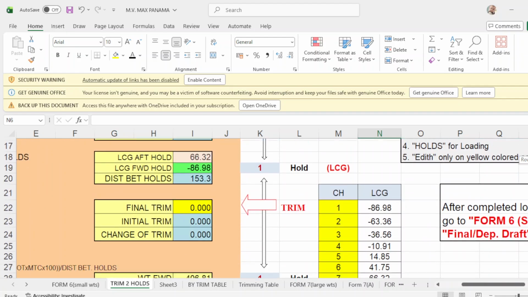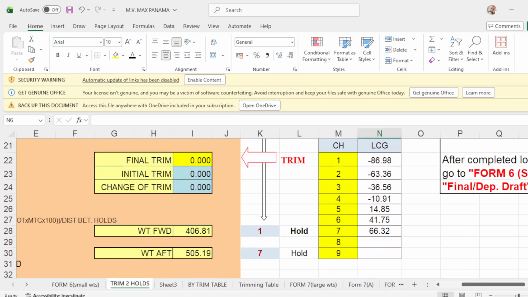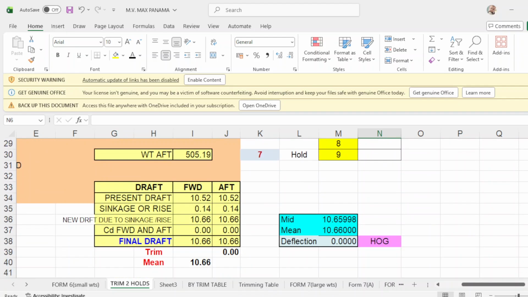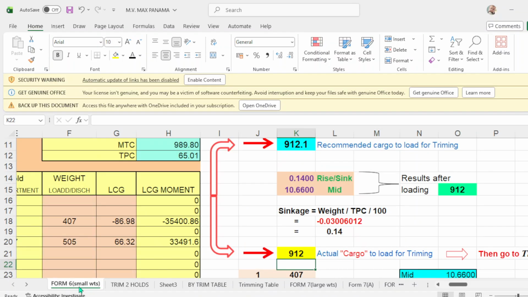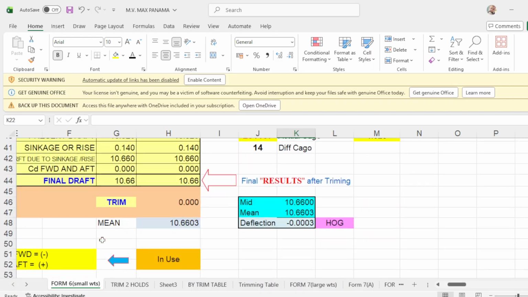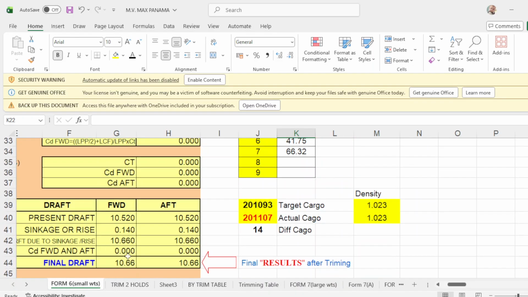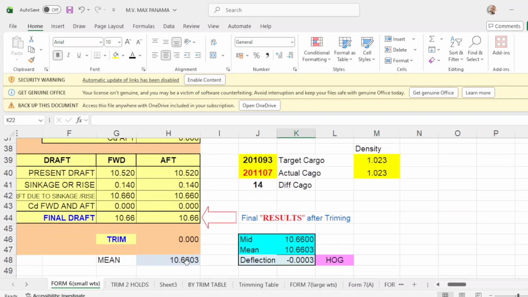Number 7 is 505. Your departure drop is the same, 1066 forward, 1066 up, no trim, and even keel. The same here, 1066 forward and up, 0 trim, and mean is 1066.